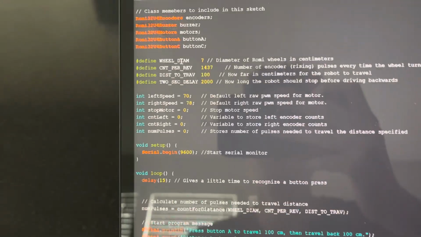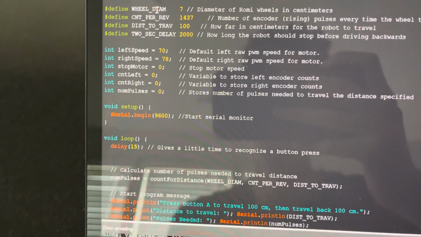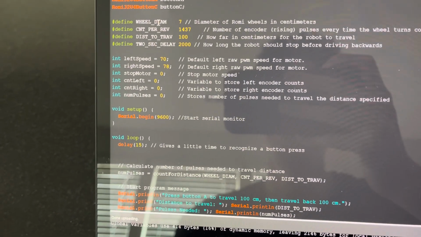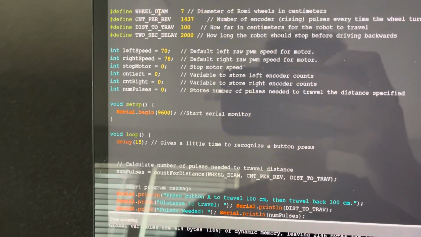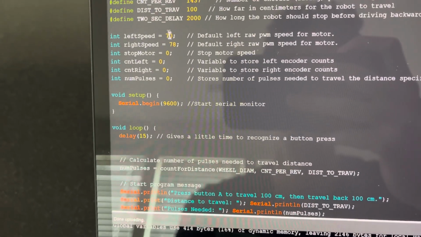So here is the code for lab 4. In this lab, we're supposed to drive straight 100 centimeters, as straight as possible using encoders, and drive back 100 centimeters using encoders. To start out, for the left and right speed, I chose a left speed of 70,